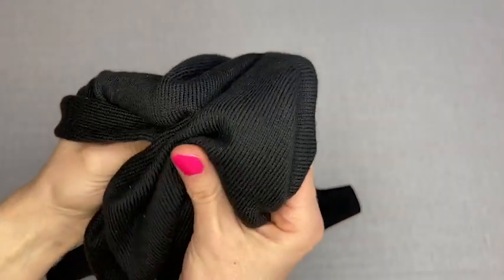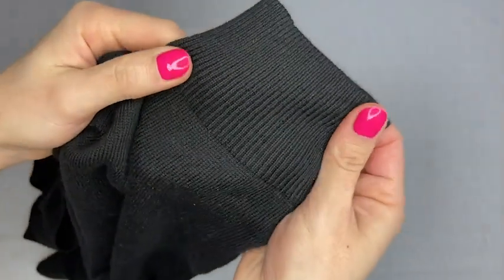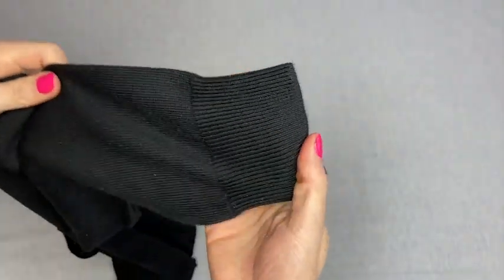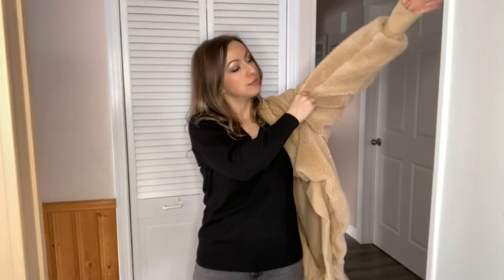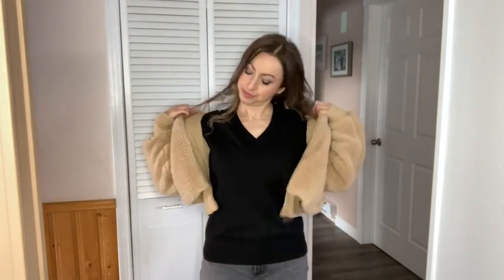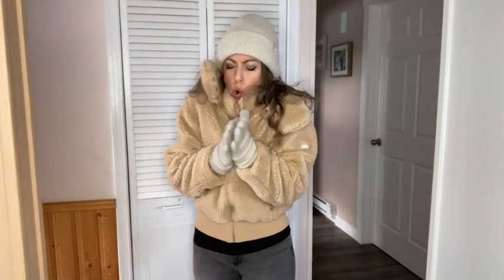It has a perfect V-neck that is very flattering, and it's not too plunging, so I don't feel too exposed when I'm wearing it. The sleeves are a perfect length on me and they fit snugly at my wrists. In addition to looking great and making me feel really put together, this sweater makes for an awesome, cozy, warm, insulating layer. But because it is so comfortable, when I get home, I am in no hurry to take it